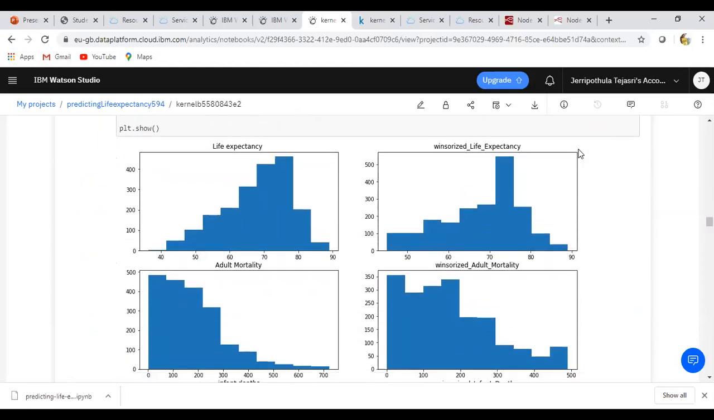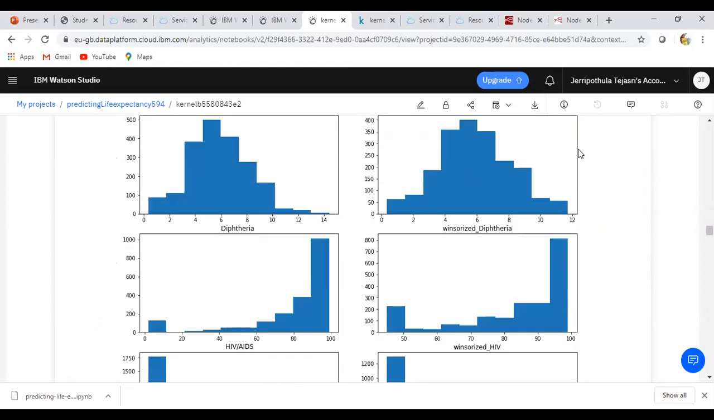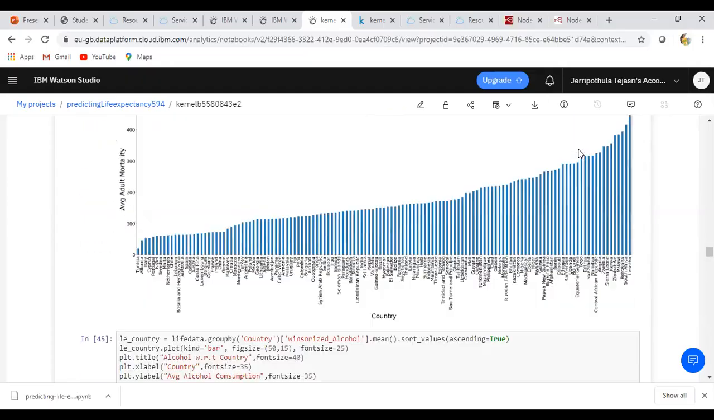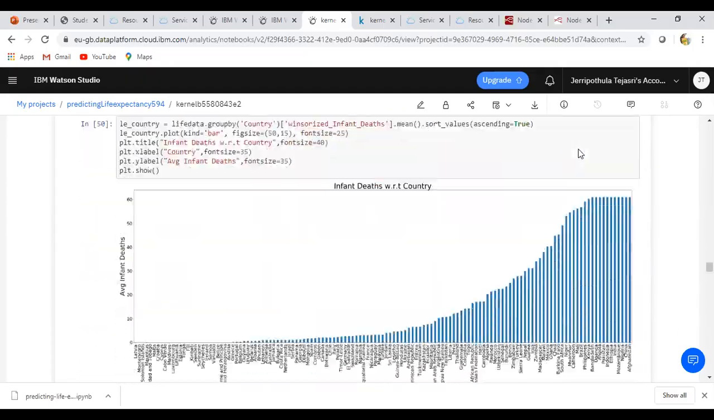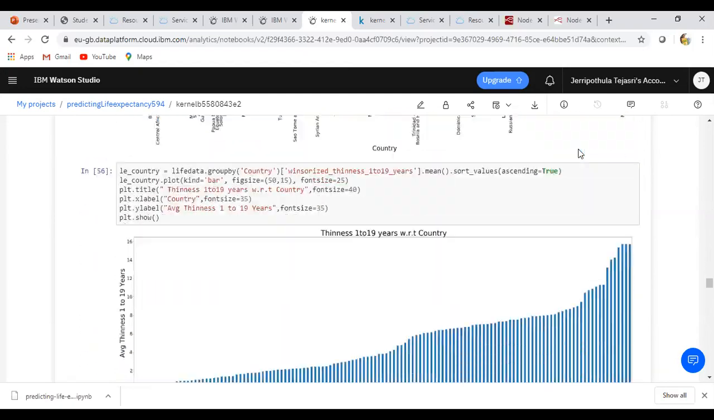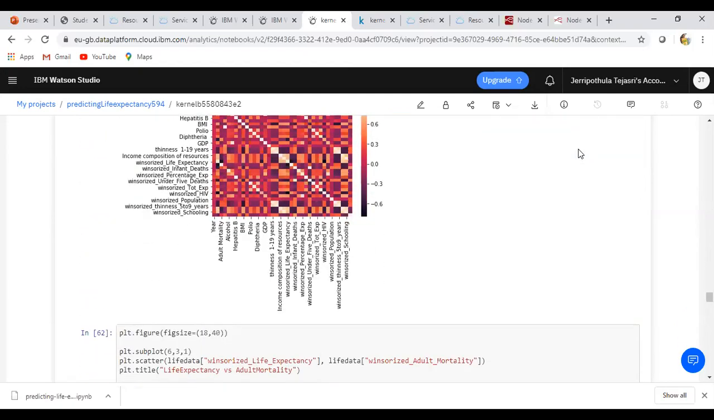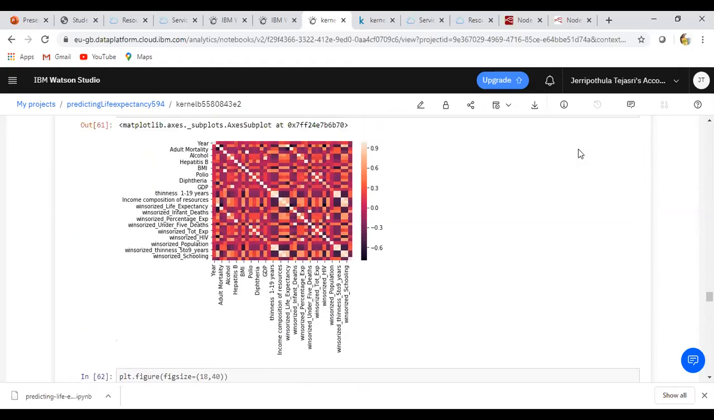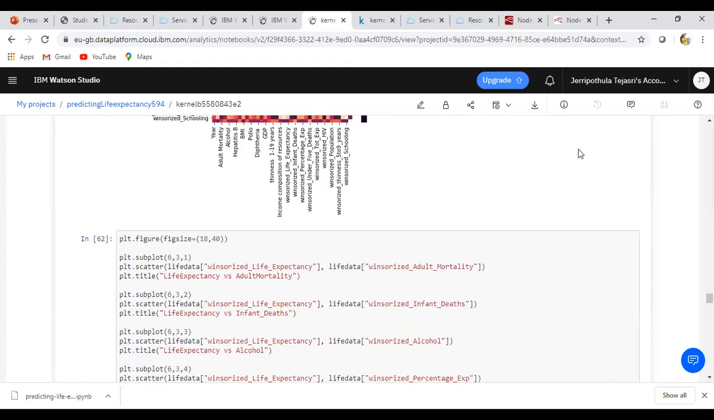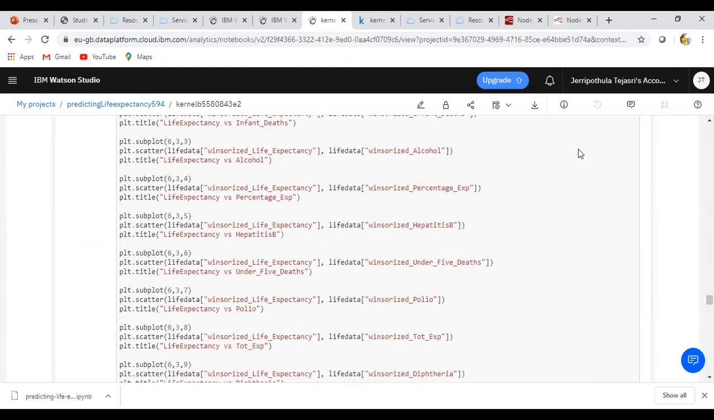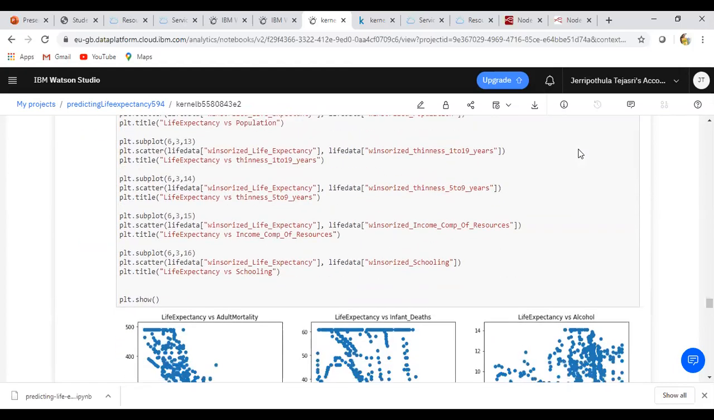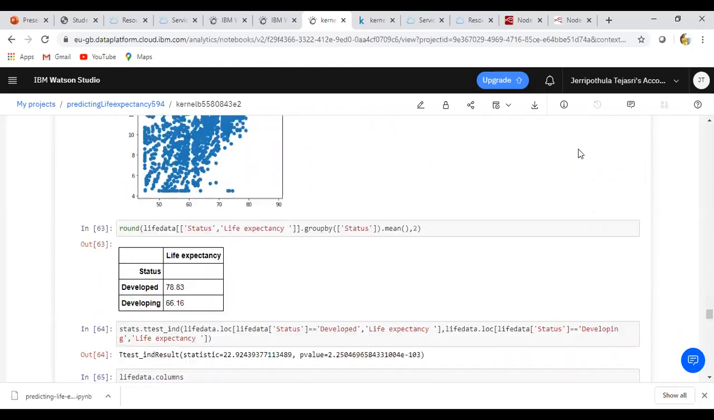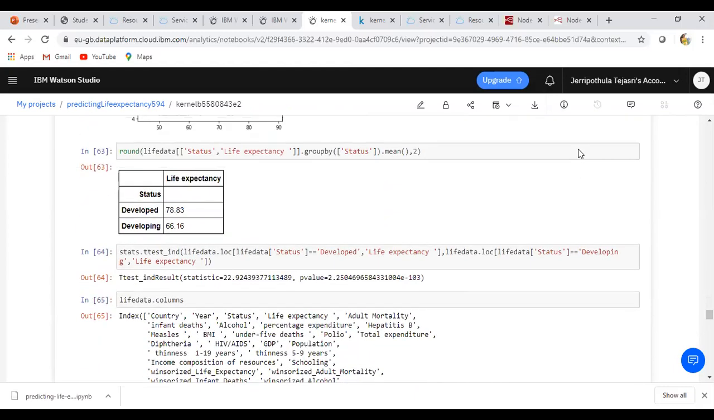and I have plotted bar graphs. These all are bar graphs and scatter graphs, and I have generated a heat map, that is correlation analysis, that is the correlation between my columns. And after generating the heat map, I have generated scatter graphs,